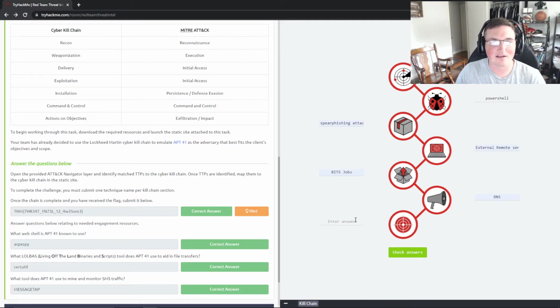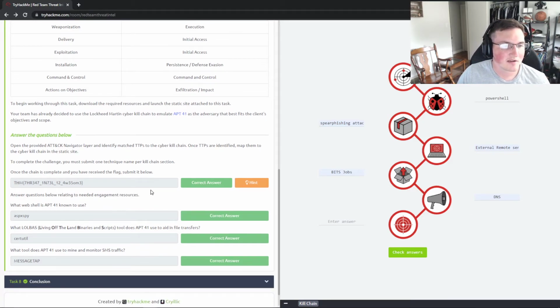Now, again, I didn't read the APT. They could be actually just redirecting to their command and control server. That's possible too. All right. And then the last one, actions on objectives or exfiltration. So how are they going to actually exfil and get actions on objectives, meaning get the results they need? And that's key logging. So they want to get data. They're going to key log, and that's how they're going to get their data.